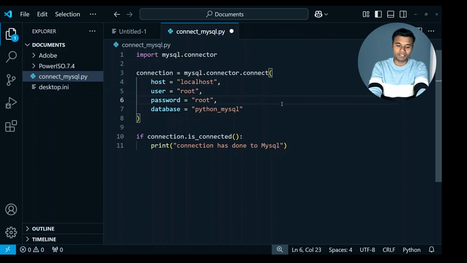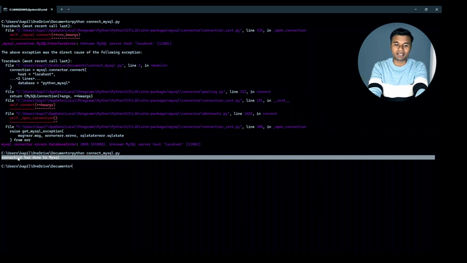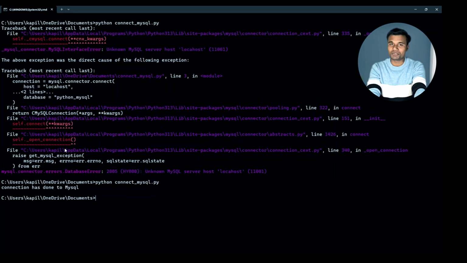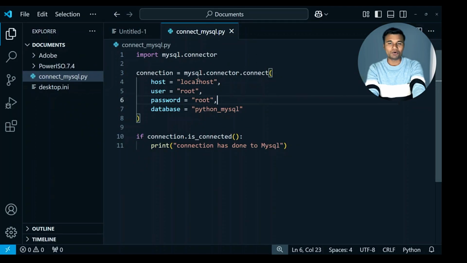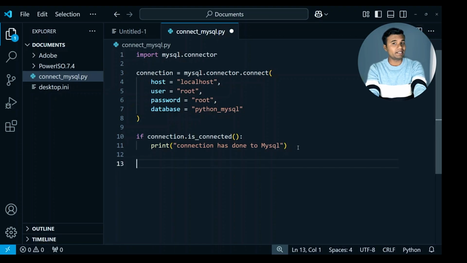So again we have to save it and run the Python file. So here we are getting the message that the connection has been made to SQL. So congratulations buddies, we have connected SQL to Python. So I come again to my VS Code, and here I can write some code to create the tables